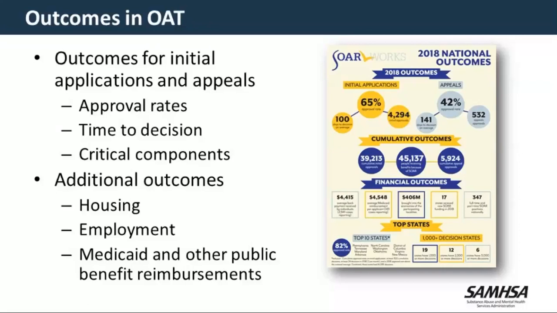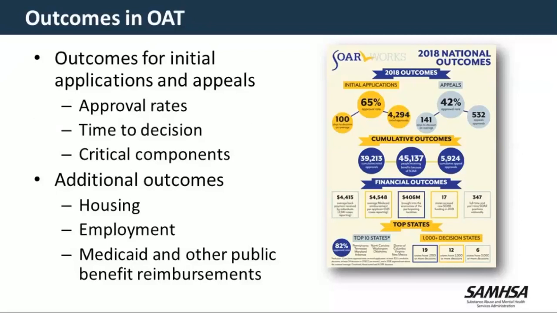And then the additional outcomes that we tracked related to housing, employment, and other public benefit reimbursements really helps with tracking the quality of the service we provide, and then also the financial reimbursements helps to facilitate additional funding opportunities by showing cost savings and cost reimbursements to key community agencies and state and federal agencies, where we can say, this is the effort that we've put in and what we need to be able to do this work, and look at the incredible return on that investment. And that return is pretty incredible.